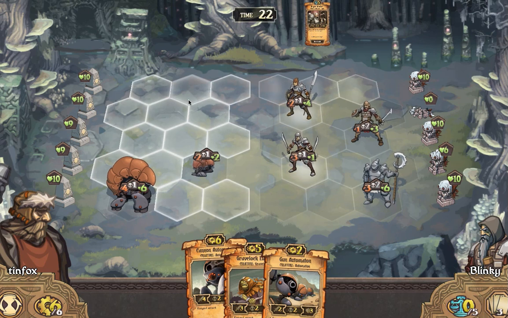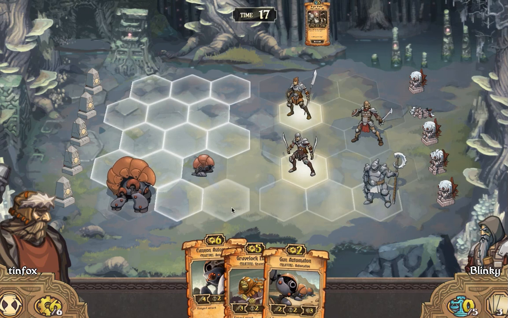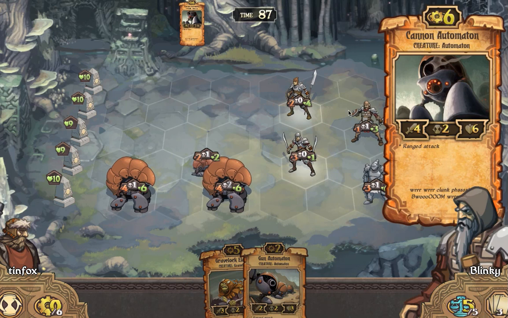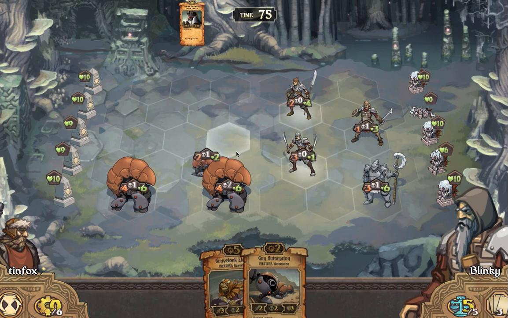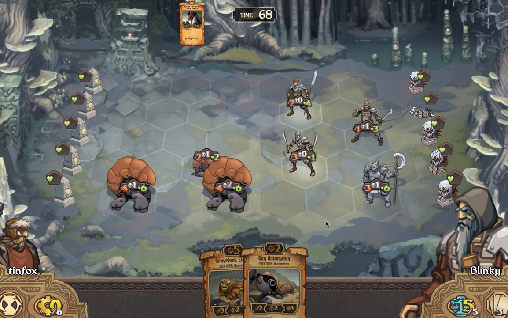Let's play out. There. I was thinking about playing this cannon automaton up here just to make things a little less, because now Blinky's best plays are to bring his guys down into this fight, sort of. Where I might have been able to split them a little bit, but I don't know. It doesn't feel like this game is in our favor anymore, which I know sounds weird when we have two big guys on the board, but